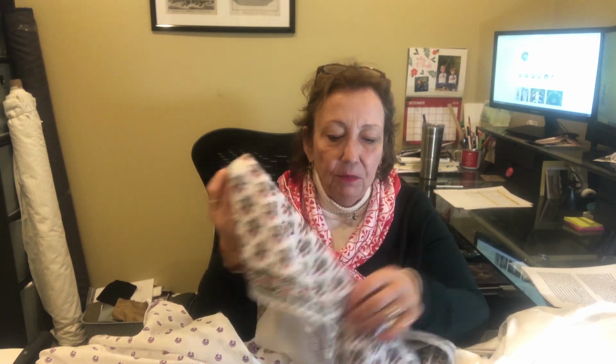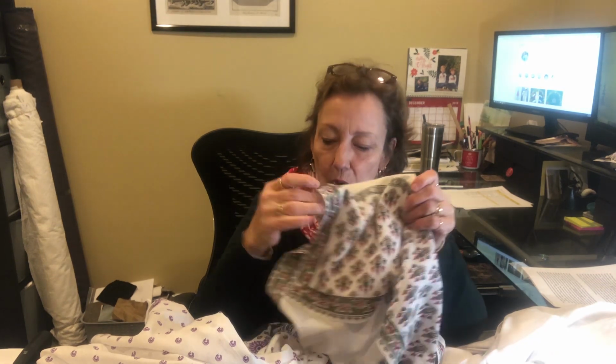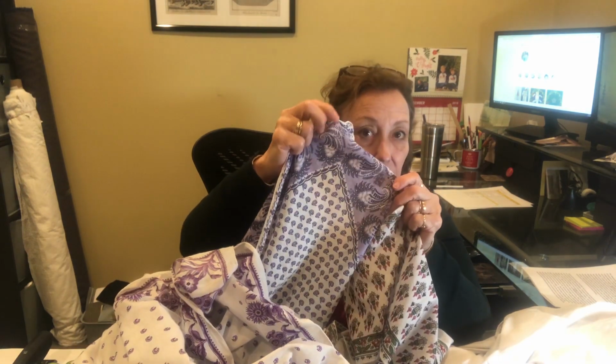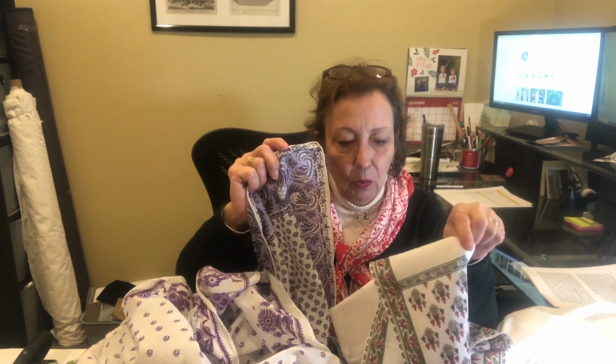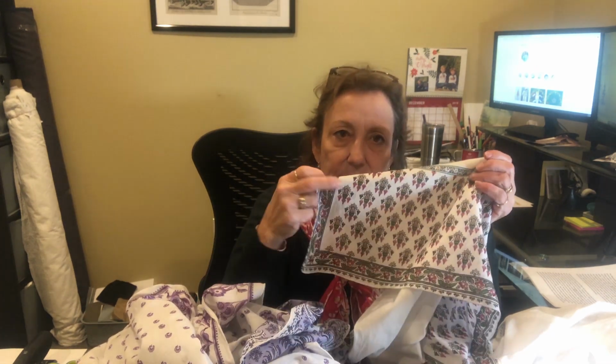But this one I believe to be an early one, from its size, from its pattern. Later you start to see more of the buta, which you see in this one, the paisley. You start seeing that more in these cotton shawls, and also, of course, in the woven shawls, and eventually it becomes paisley when Scotland starts reproducing them and names them. But this one has more of a spidery type of print. And I know I've seen prints like this before,